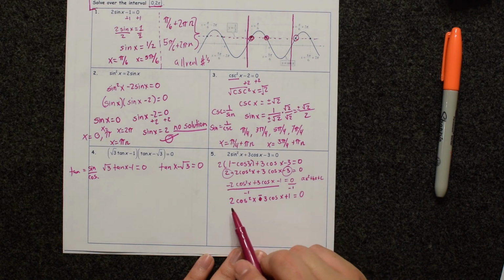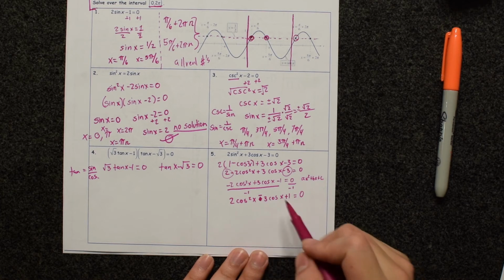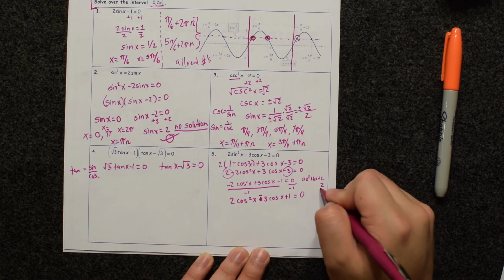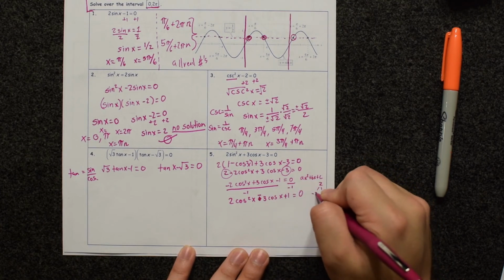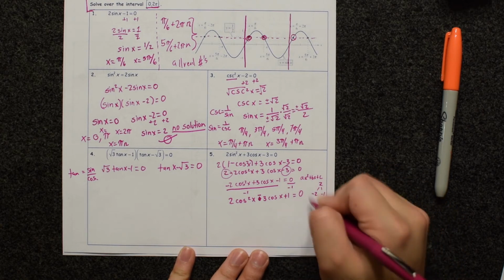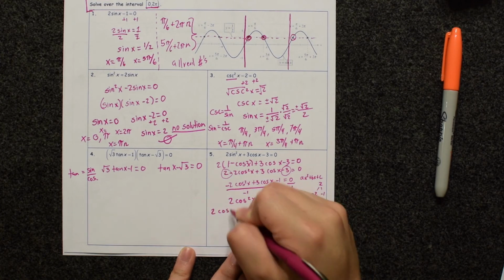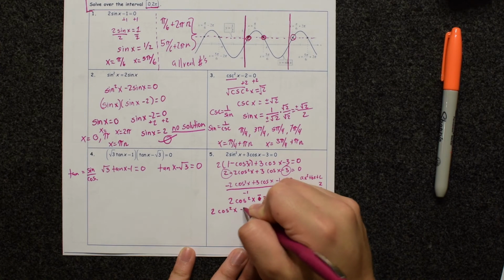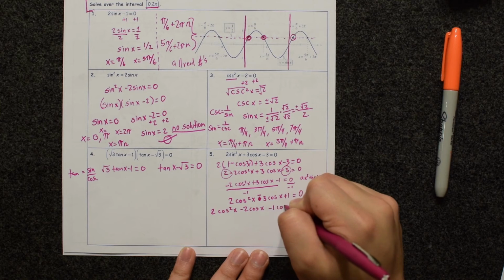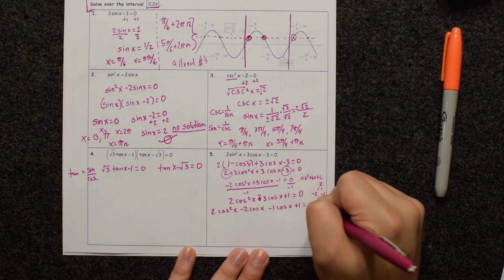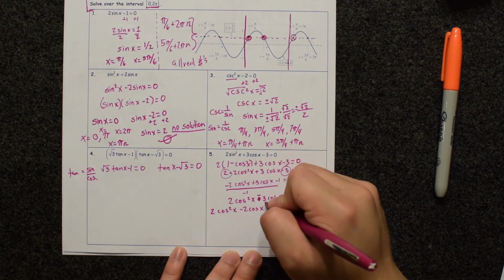And so if I multiply positive 2 and positive 1, the answer will be 2. And what are the factors of 2 that add up to negative 3? Well, that's actually a negative 2 times a negative 1. These will both add up to negative 3. So I'm going to go ahead and separate my equation like this: 2 times the cosine squared of x minus 2 cosine of x minus 1 cosine of x plus 1 is equal to 0. The reason I did this is so that now I can separate both halves of my equation,